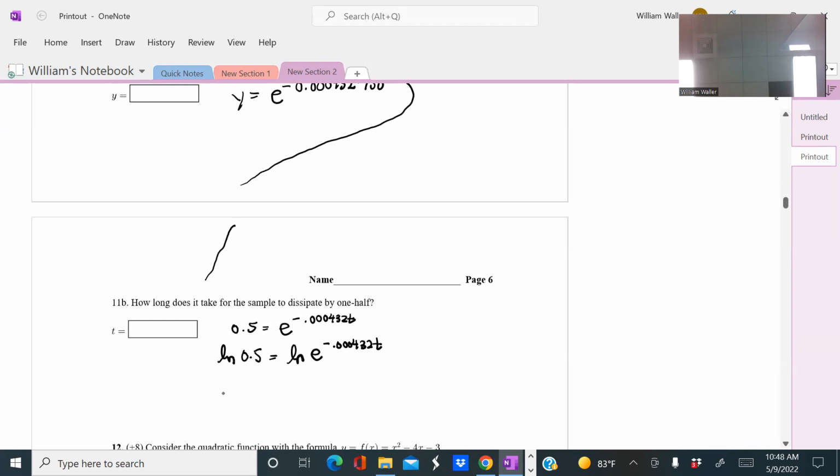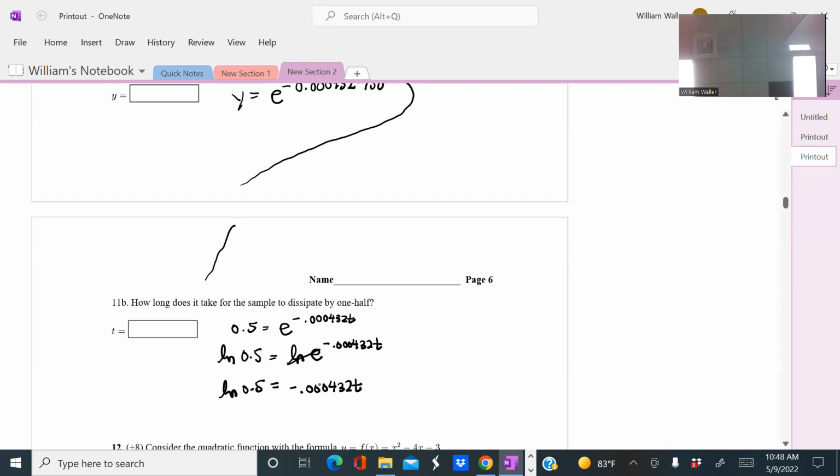And I don't know what the natural log of 0.5 is, but the calculator does, right? But here, on the right-hand side, the natural log and the e cancel each other. So you have a very easy equation left to solve, right? Just minus 0.000432 times t is natural log of 0.5, and then just divide both sides by